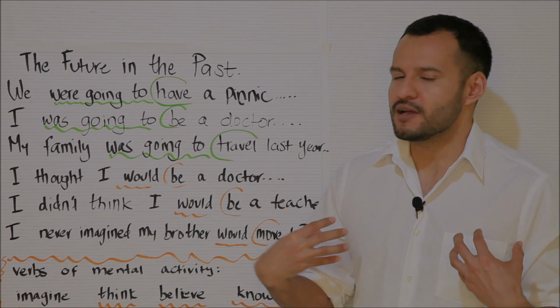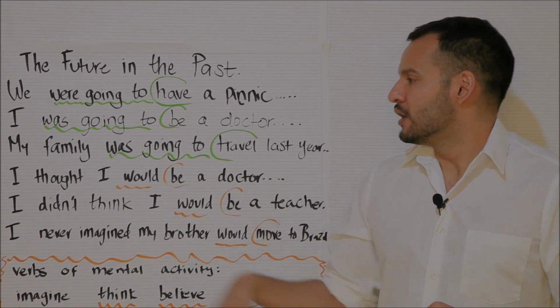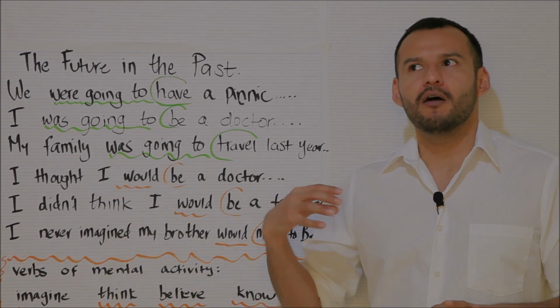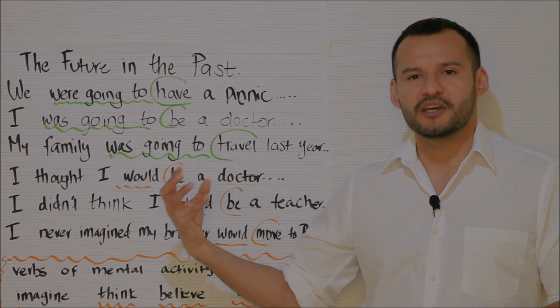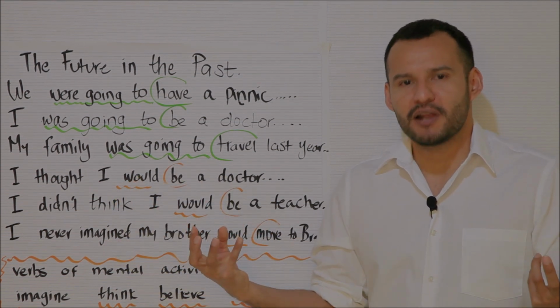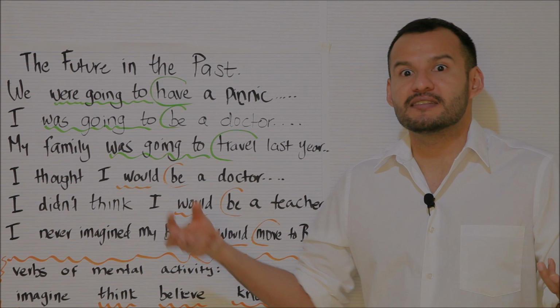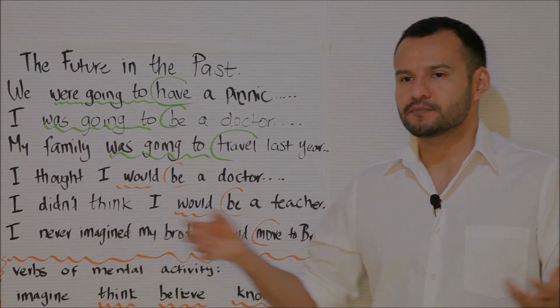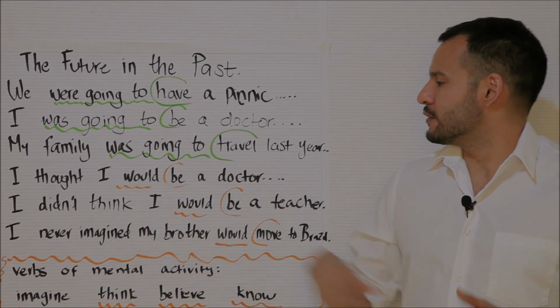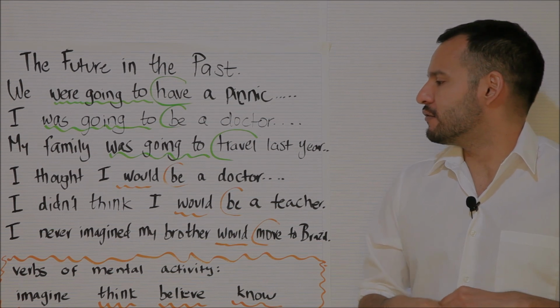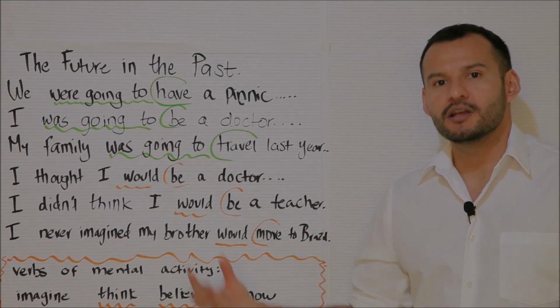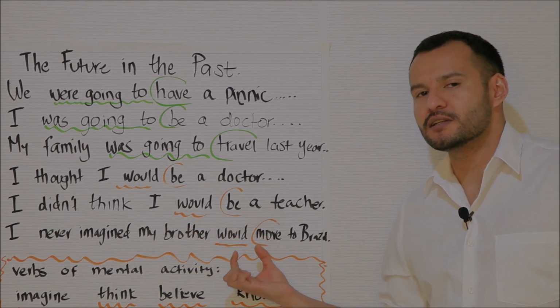Like in my case, I didn't become a doctor. However, if you say something like, I always knew that I would be a teacher, then it's implying that this did happen. Okay, and so in the final example, I have, I never imagined my brother would move to Brazil,